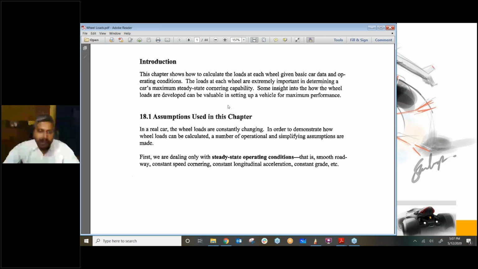W into T by 2, first term, this W, the total weight of the vehicle, which is concentrated on the center of gravity, and the perpendicular distance is T by 2. Okay. Now the third term is minus WAY into H. So already this term is in minus, so minus minus plus, we put this as plus, and this is how you got this expression for the load on the left wheel of the vehicle.